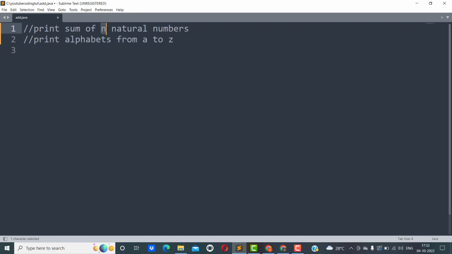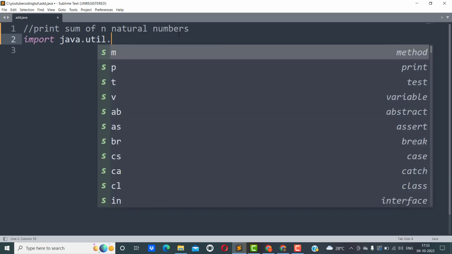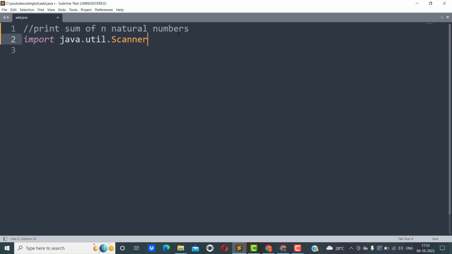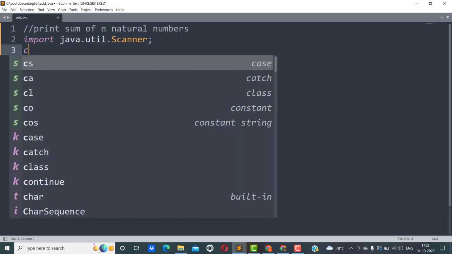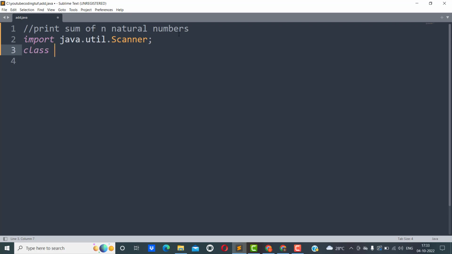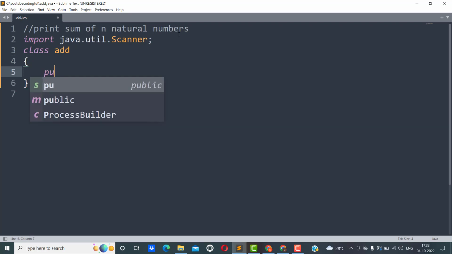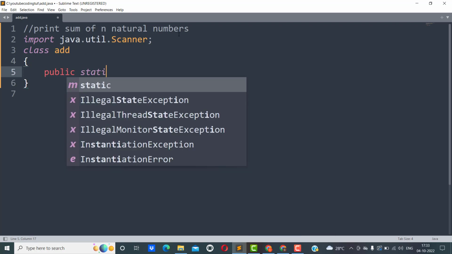So what we should do, the very first step, we should import the Scanner class. So import java.util.Scanner, and then followed by class, further followed by the main method. So here I am naming my class as Add. And then the main method: public static void main(String[] args),